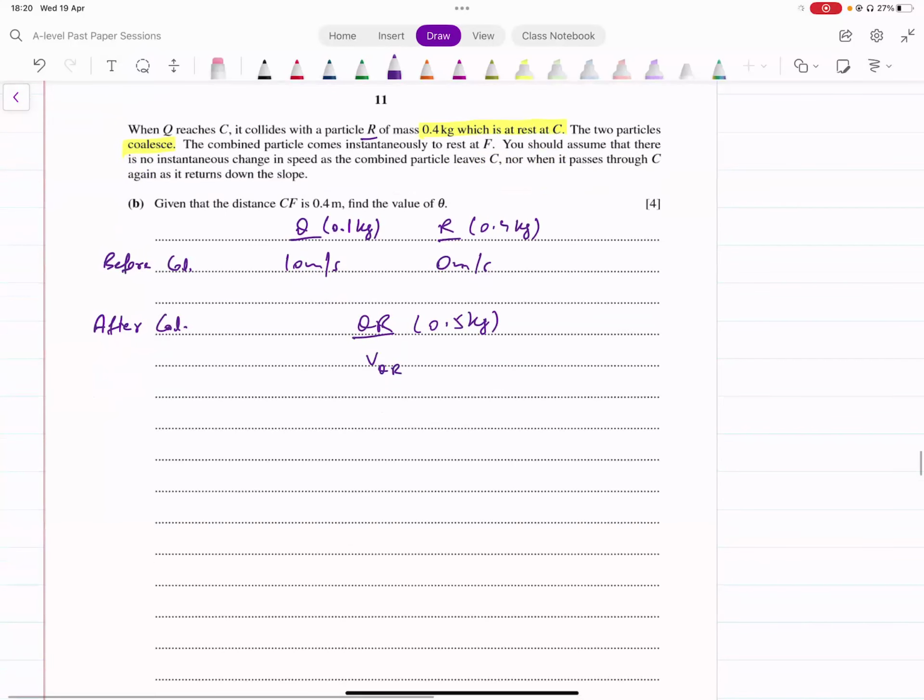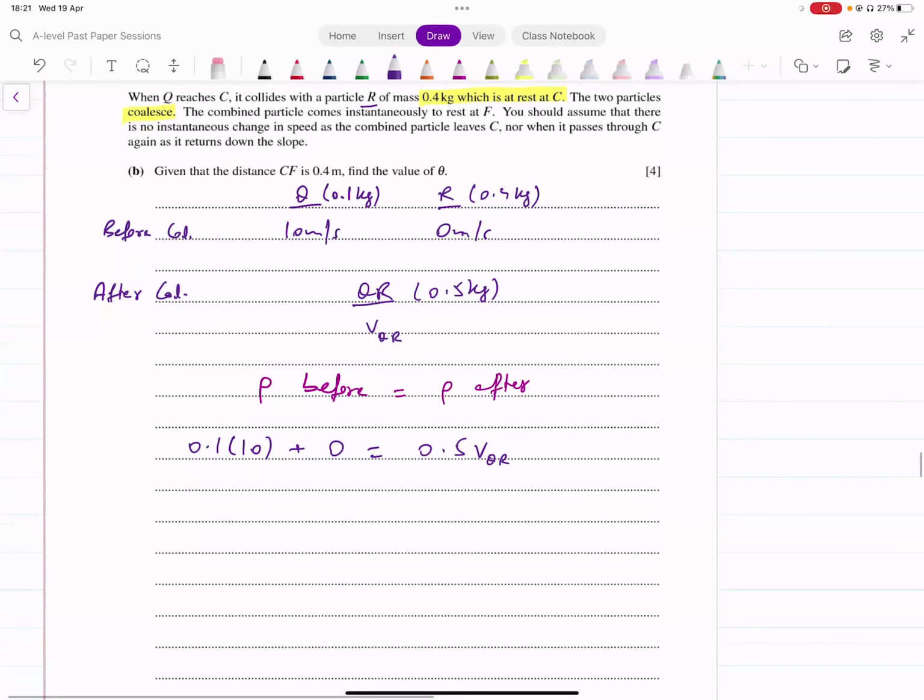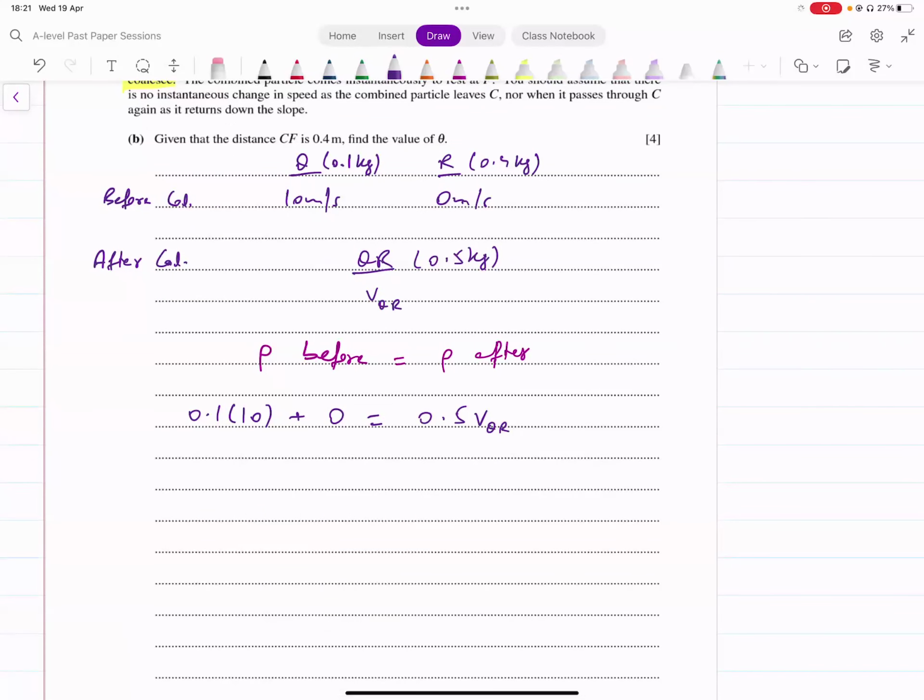लेट्स डू दैट। कंजर्वेशन ऑफ मोमेंटम लगा दें दोबारा से। मोमेंटम बिफोर कोलिजन दैट शुड इक्वल मोमेंटम आफ्टर कोलिजन, राइट? व्हाट्स द मोमेंटम बिफोर कोलिजन? 0.1 into 10 एंड R का मोमेंटम 0 आएगा। आफ्टर कोलिजन क्या आएगा? 0.5 into velocity of that merged object QR। जो merge होके QR बना है उसकी velocity। ये आप देखें क्या आती है 1 over 0.5। This is going to turn out to be 2 meters per second। ठीक है, 1 over 0.5 आपके पास 2 meters per second आ जाएगा merged object का।